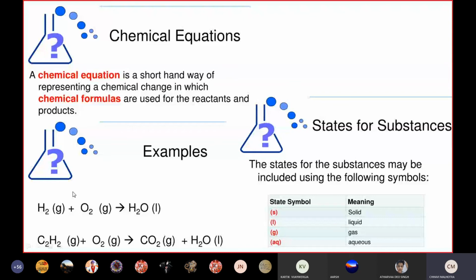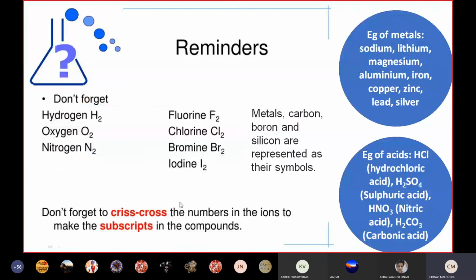I'm getting all this information by just looking at this equation. And if I even balance this equation, I will get to know the number of molecules of each, how they are reacting. So this is the advantage of writing a chemical equation. So this slide is very important for you. You can take a screenshot of this. Now, one thing that you need to remember, students, there are certain elements, right?